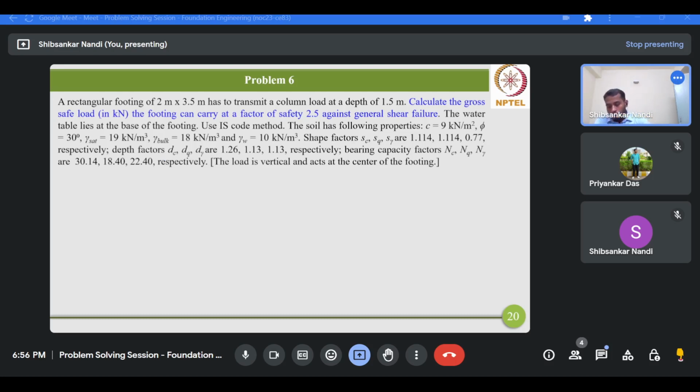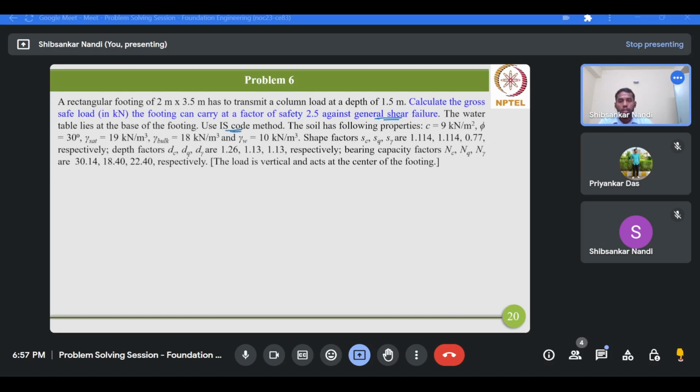Okay. So problem 6 states that a rectangular footing of 2 meter by 3.5 meter has to transmit a column load at a depth of 1.5 meter. So we have to calculate the gross safe load the footing can carry at a factor of safety 2.5 against general shear failure. Okay, so again, the mode of failure is explicitly mentioned in this problem. The water table lies at the base of the footing, and we have to calculate this gross safe load using